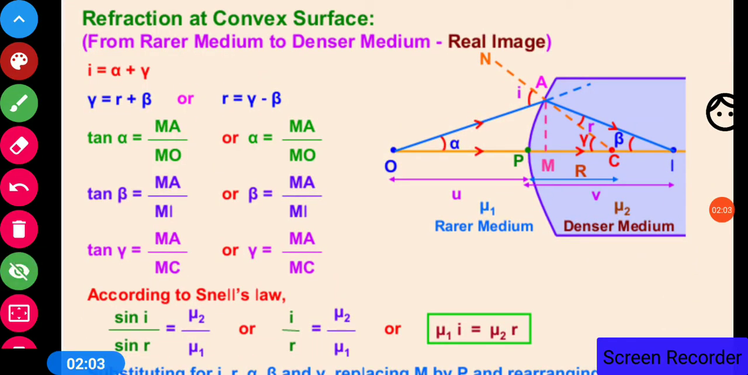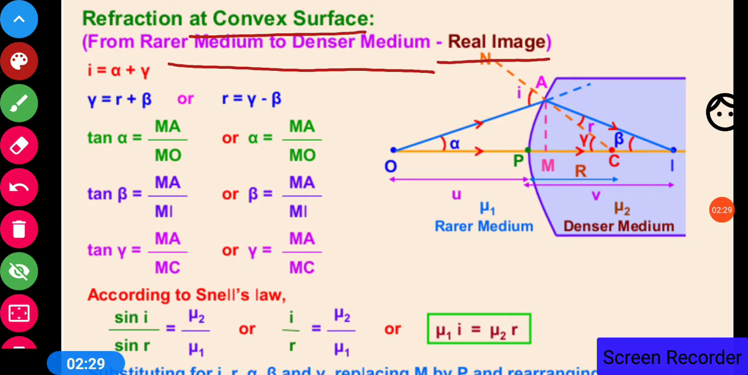Now let us discuss the refraction at convex surface. Now understand it very carefully. If one diagram is clear to you, then you will be able to follow the other diagrams in the other slide very easily. Now here I am discussing the rear medium to be the denser medium, and the image is